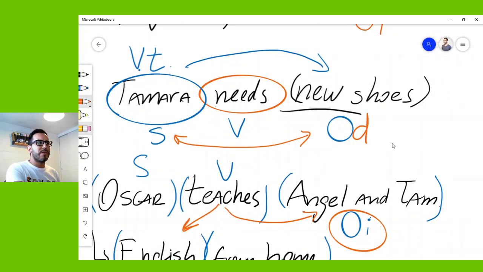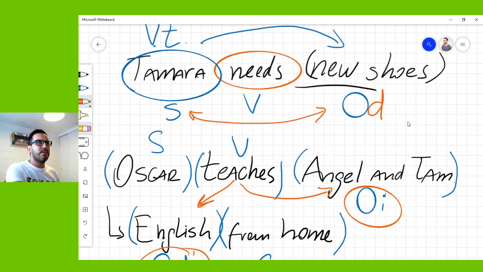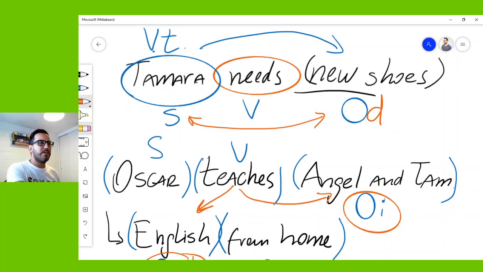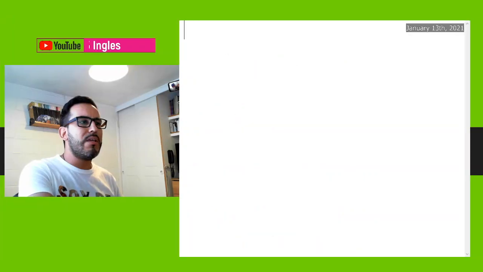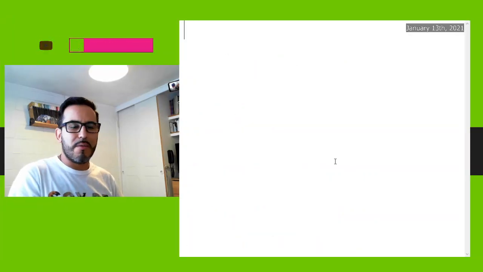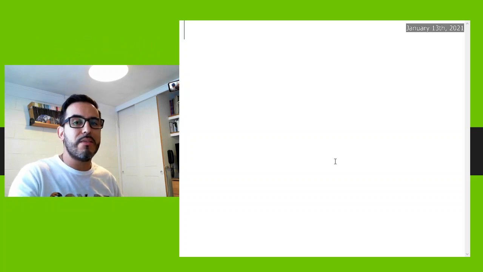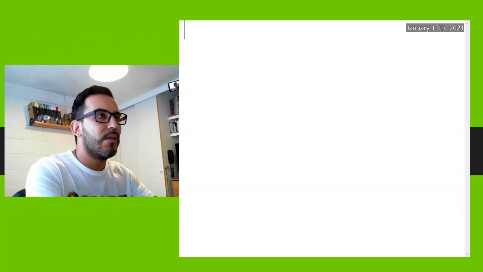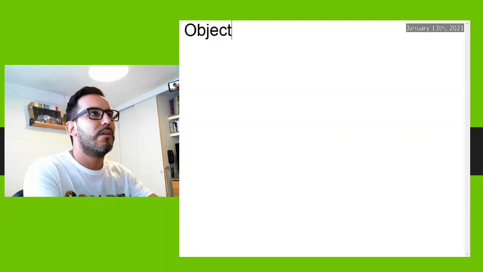Here we have some more examples. Let me stop here. We talked about the difference between the subject and the object, the direct object and indirect object. We said that the object can be direct. Let me write it here again. Direct object